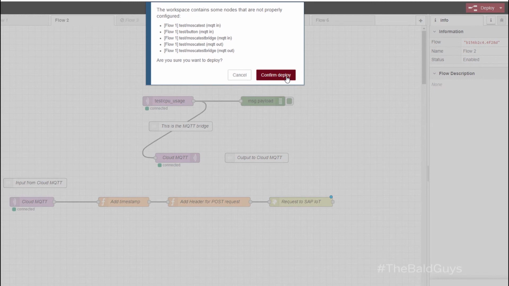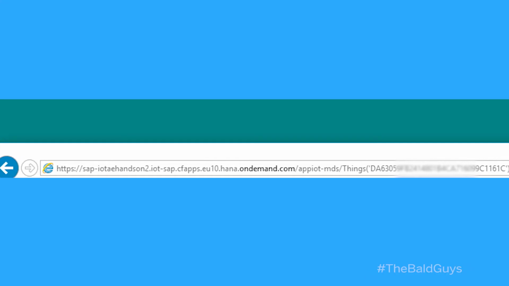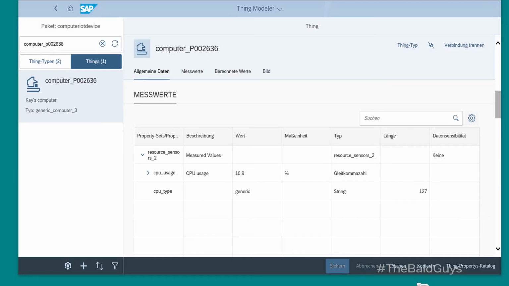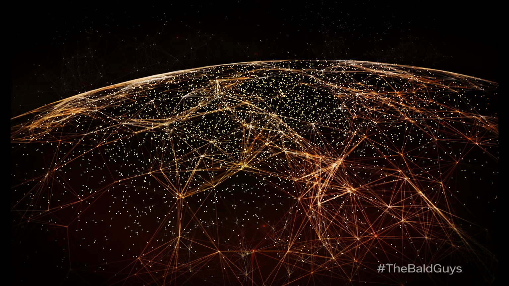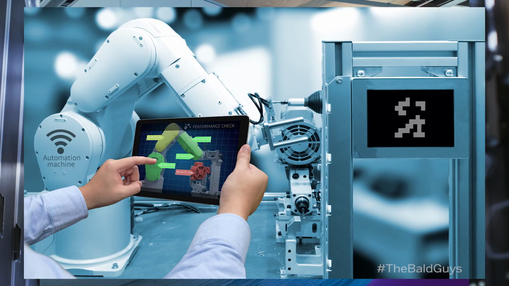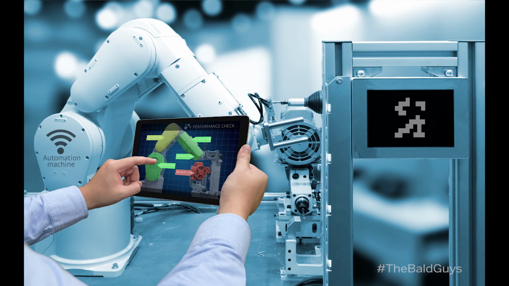And let's activate it. So that you can see that all this is not faked, we send a request to the API, which last records have been delivered to the API. And it fits. If you take a look at our thing in the SAP IoT system now, you can see the last measured value here. From here on, you can use the full power of an SAP system with big data, analytics, or machine learning. Maybe more about that later in another video.